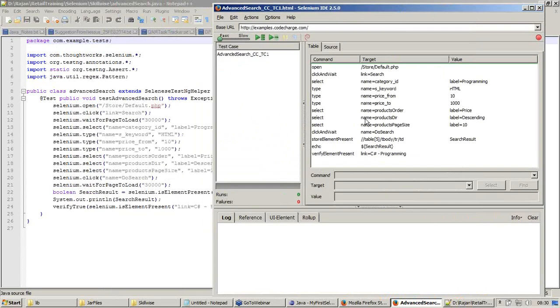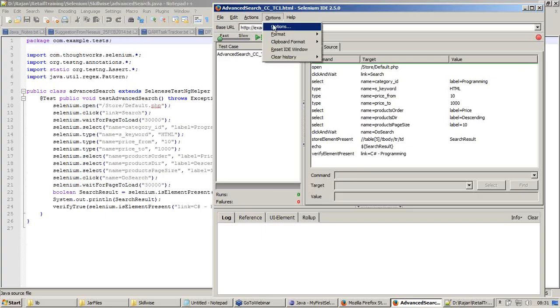Right now you are seeing both the scripts on my laptop. You may also match them line by line. Each line has a corresponding Java line which is written here. So the exact code from IDE is exported, or let me say formatted, as Java.